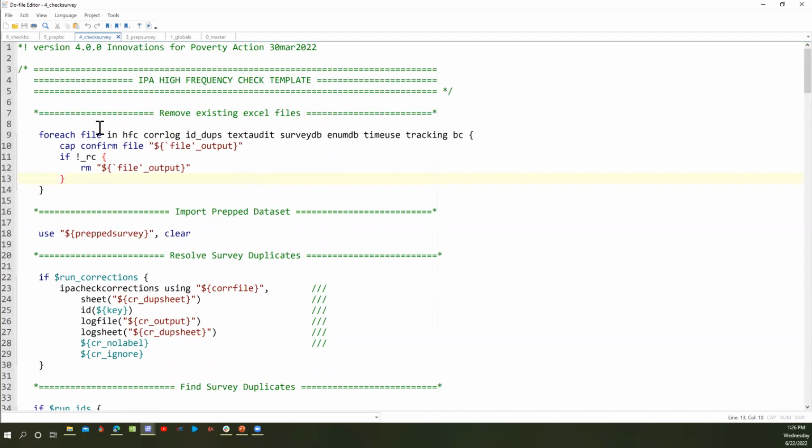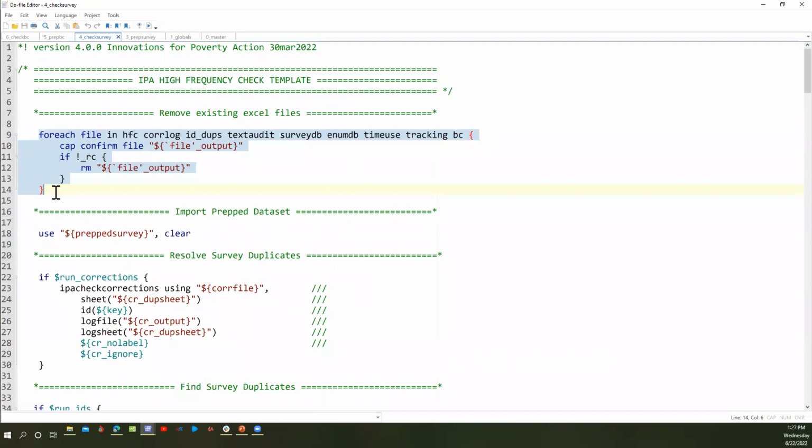But it's basically running the individual checks. So at the top here, and this was also in the old one, it would delete the existing files that you have specified before running the checks.